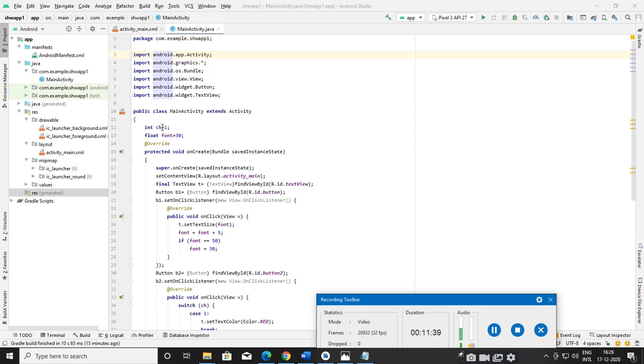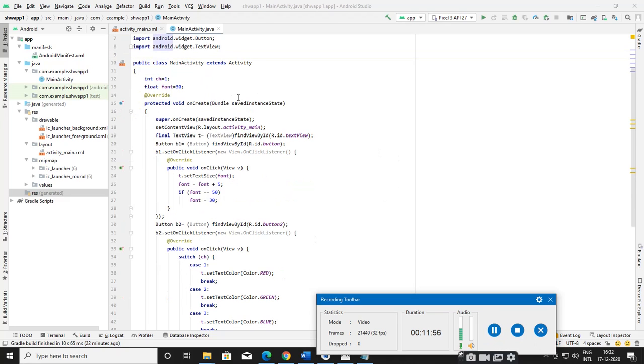Here the choice variable is used to change the font color of the text that is displayed in the text view, and this font variable is used to change the font size of the text that is displayed in the text view. When we run the application, first this onCreate method is called automatically. This onCreate method in turn calls the setContentView method, which actually creates the layout for our application. Our application contains one text view and two buttons.